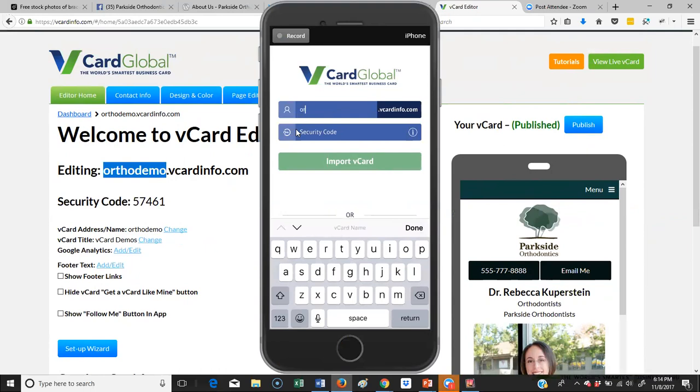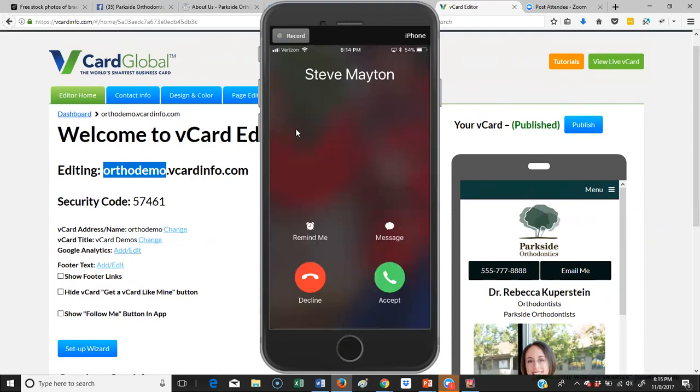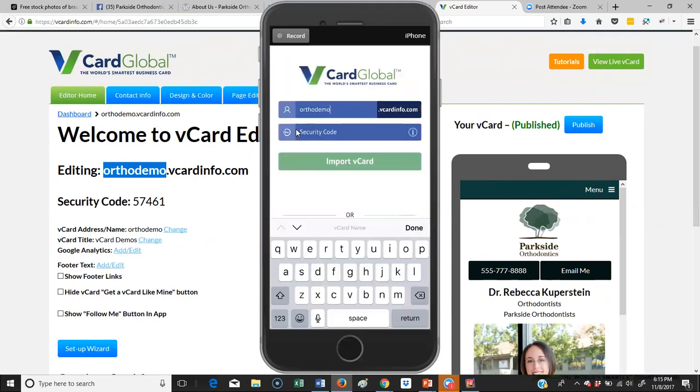And when you log in with your vCard name and security code, you will also